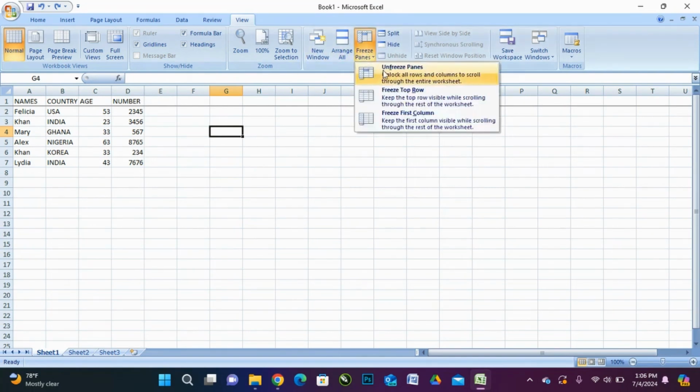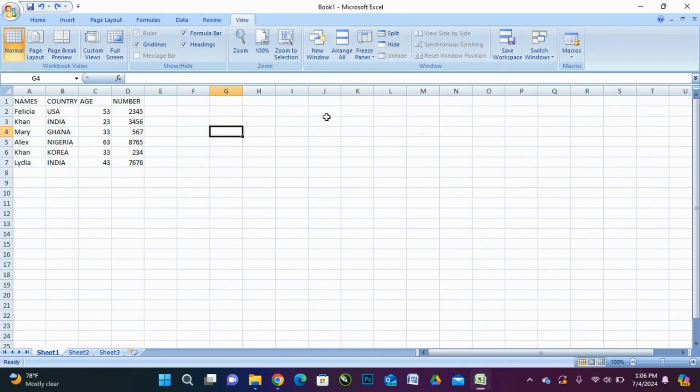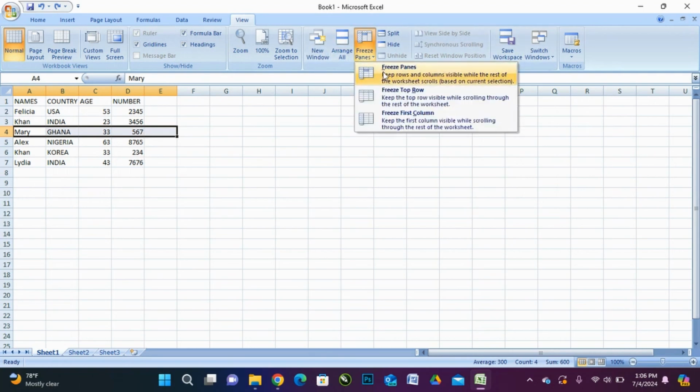let's unfreeze this. If you want to freeze the first three rows, you select the fourth row. This is the fourth row. You select it. Then you click on Freeze Panes again, and you click on the first option here to